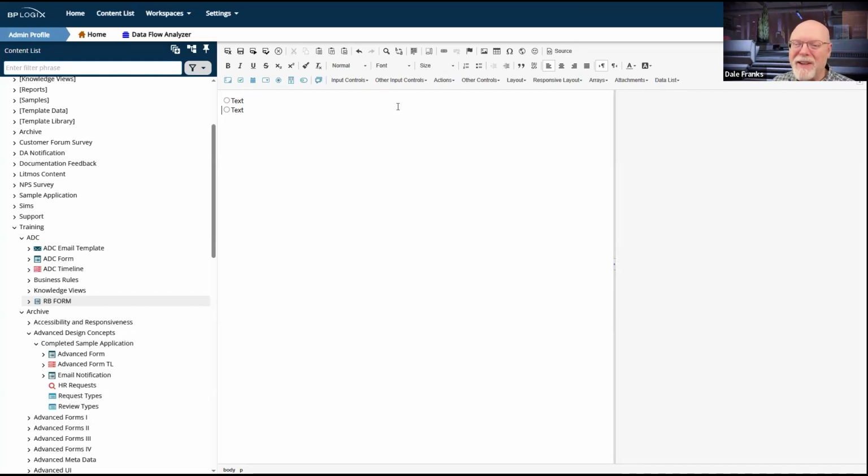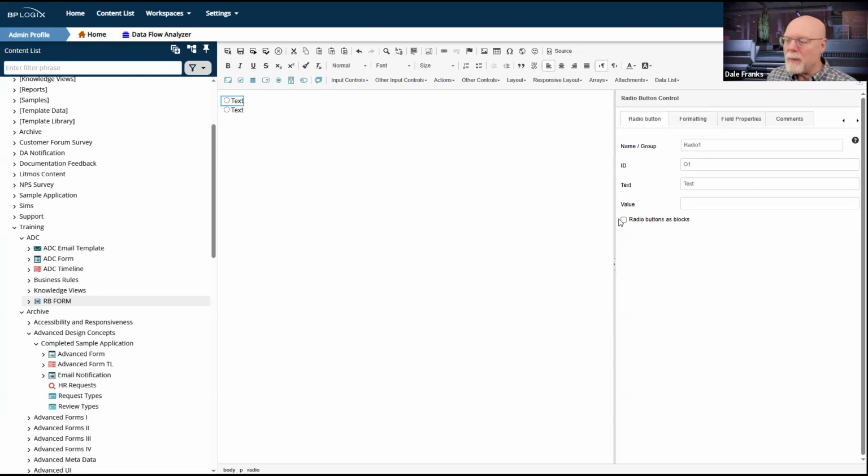By the way, these are a little tedious to try to format how you want them to show up on the page. Now, you do have the ability to show the radio buttons as a block so that it will show all of the radio buttons in this group in a block. So it'll do some visual stuff there, but I have to figure out how I want them to appear. I have to manually format them if I want them to appear vertically as I have them stacked now, or whether I want to do them horizontally as I did briefly a second ago. And that's all up to you. In a radio button list, I can choose whether to display them horizontally or vertically. That's just a property of the radio button list. Here I have to do it manually.